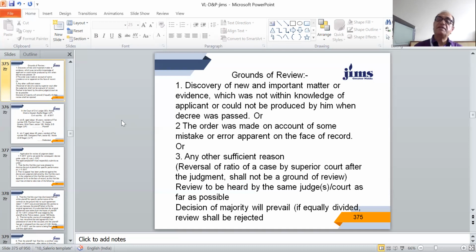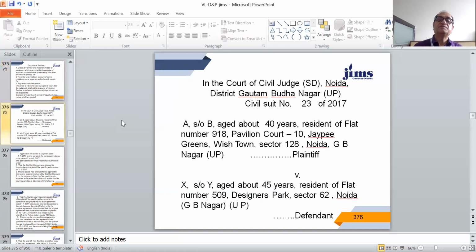If the matter is heard by a division bench and they are equally divided, one judge says review should be allowed, another judge says no, it should be rejected, then the legal position is that if judges are equally divided, review shall be rejected. So dear students, with this background knowledge in mind,